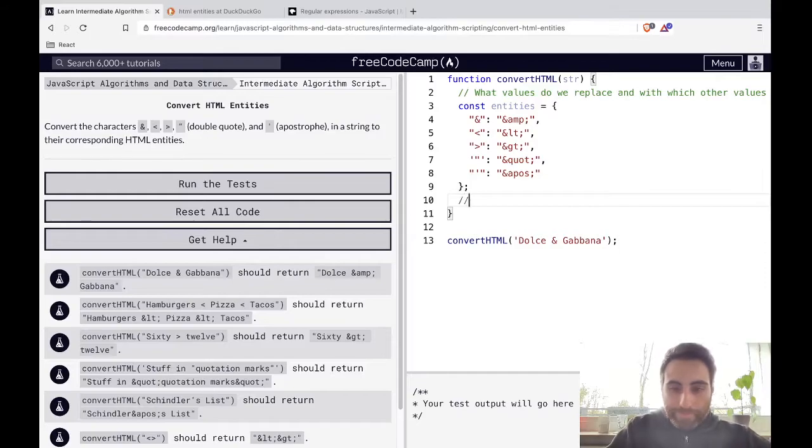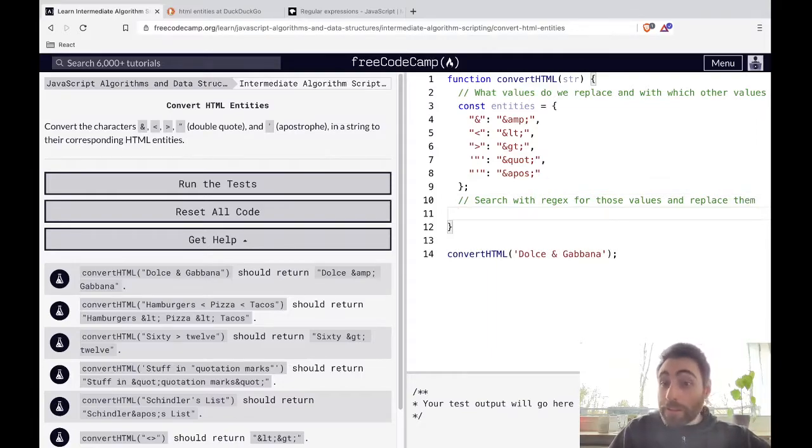Now search with regex for those values and replace them. So we're gonna take the string and replace, and here we're gonna do regex.